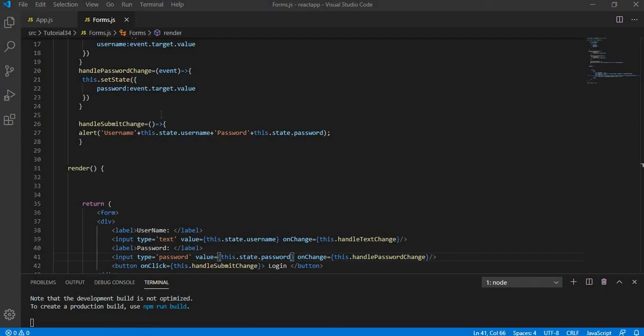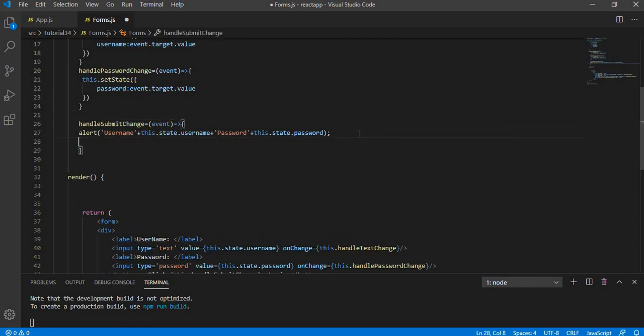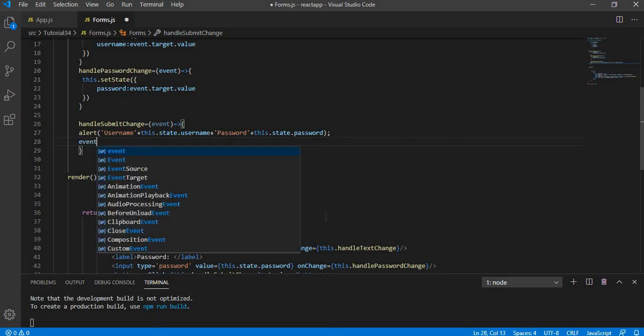So this is the default behavior of the submit button. Now, in order to avoid it, I will be passing an event. Event is nothing but a default inbuilt parameter that would be present while handling a submit button or onClick or onChange. So in this, I have to do event.preventDefault.